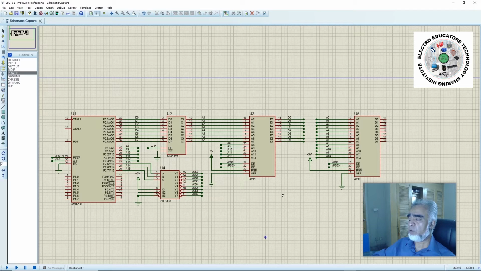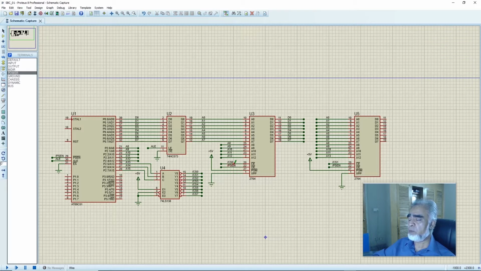But here we have connected only 2 source code ICs of 8K. Source code IC1 is enabled by chip select 0 and source code IC2 is enabled by chip select 1. So here we have connected only 2 source code ICs with our microprocessor based system. Now we'll check what will be the address ranges for these 2 source code ICs, that is the memory map for these 2 source code ICs.